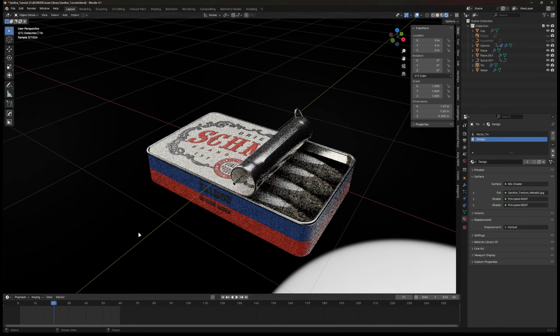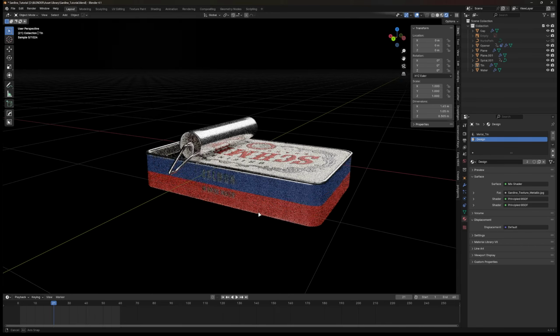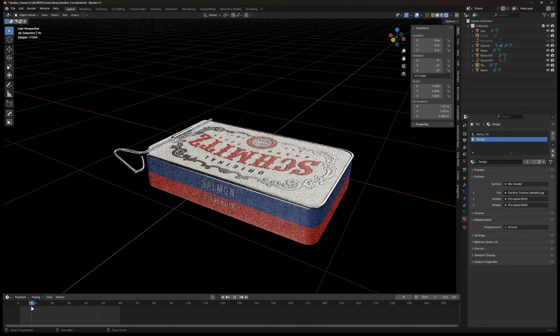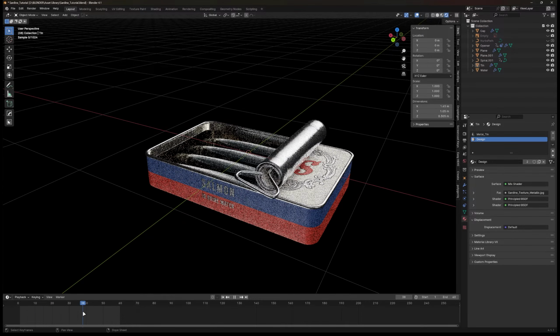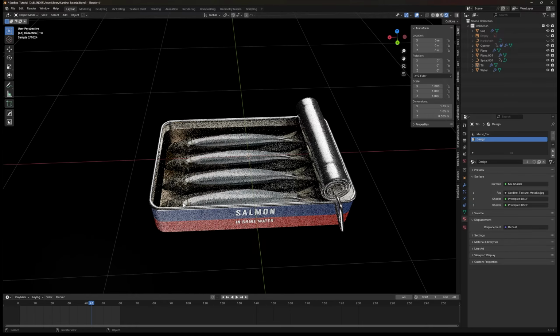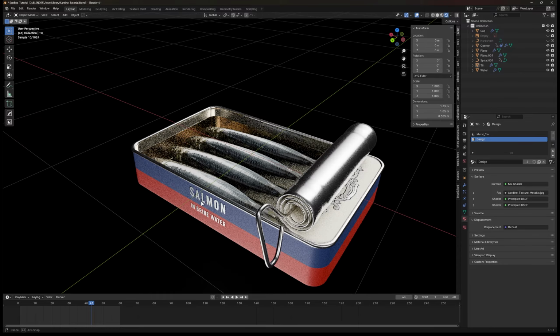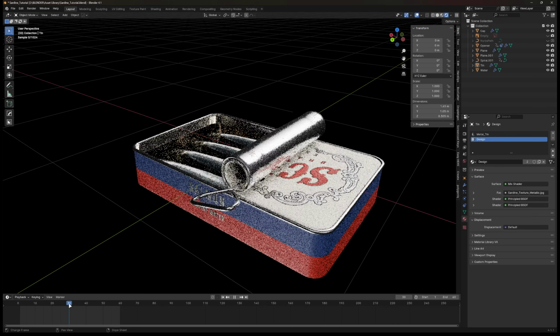We're going to create this old school sardine tin adapted from the Red Dead Redemption 2 item. In this tutorial we will make the model, the roll opening animation, the fish texture and the water textures inside the tin. If you're looking for the packaging design texture, please check my other video that explains that.